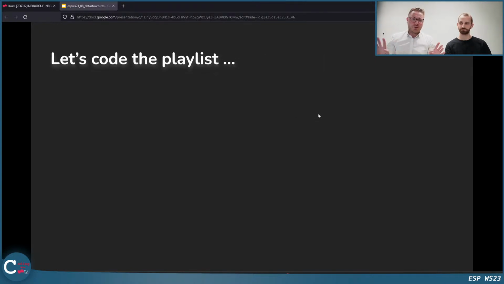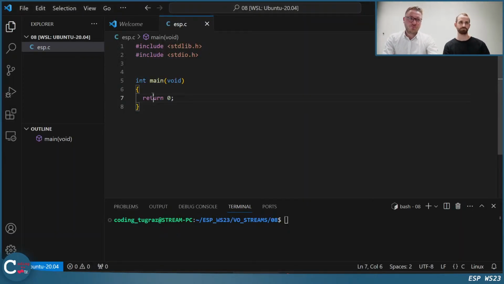All right, this is the theory. And now I want to do some coding, actually to make those things a bit clearer. You don't have to write the code. We will provide you with the source code afterwards. So no need to code with us now. Just focus on what we're telling you.